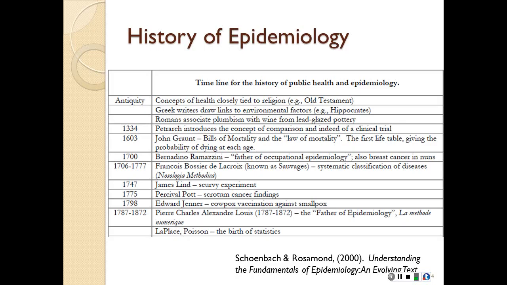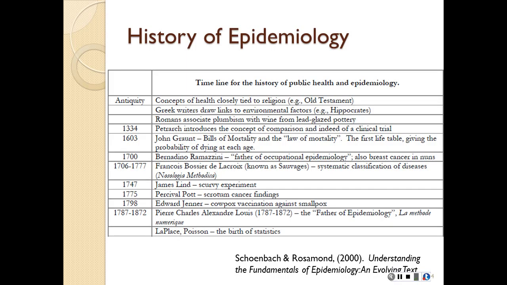So if we're talking about antiquity, Hippocrates, who I'm sure everybody has heard of, is kind of the first person that developed actually a medical approach to disease. He actually described clinical cases of diseases and linked those diseases to environmental factors. And that's a big step. So instead of just ascribing everything to the whims of the gods, he actually said, hey, there's certain environmental factors that make people more likely to get sick. So he sat down and did that.